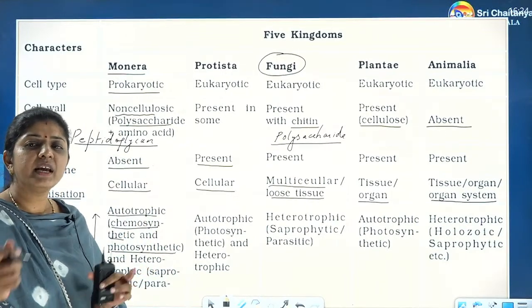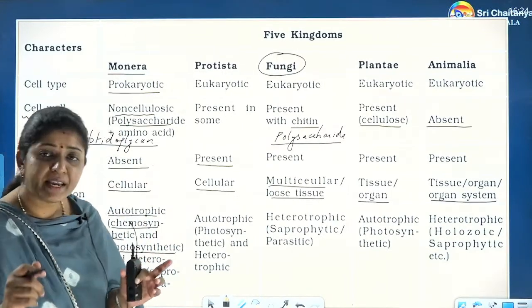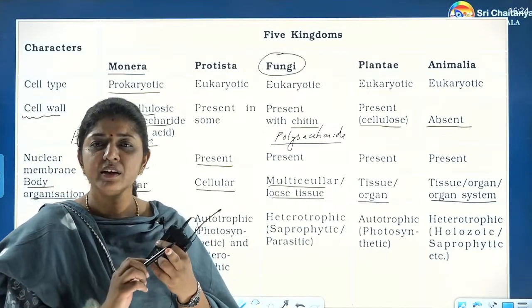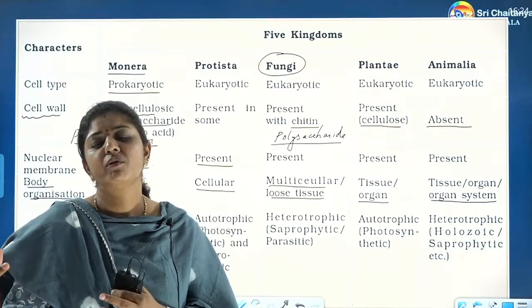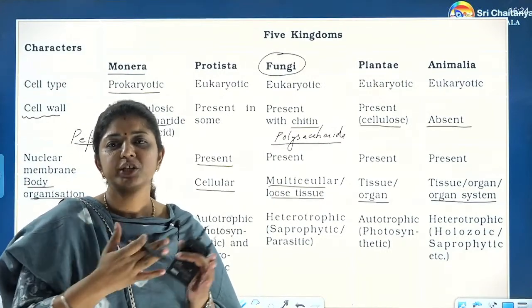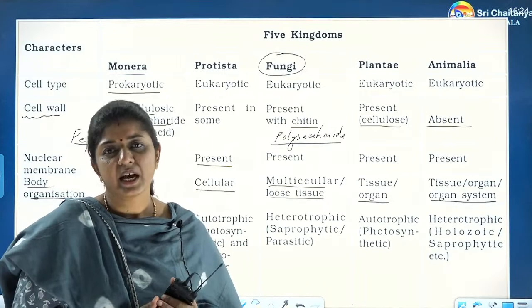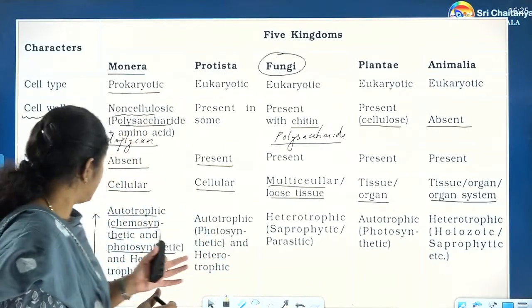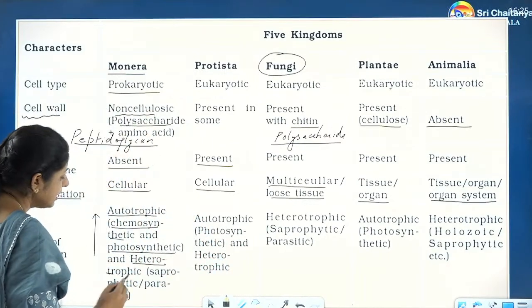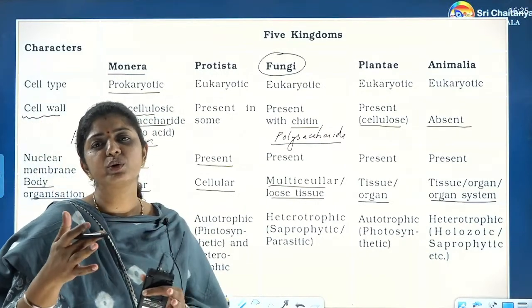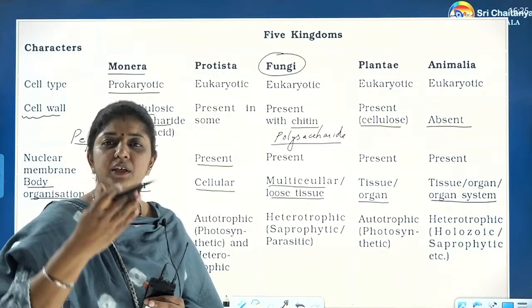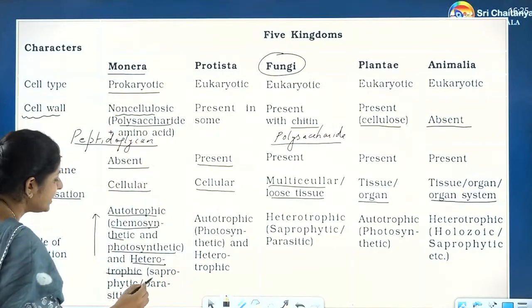Photosynthetic means with the help of light energy. Means they can produce the food, number one, with the help of chemical energy, or with the help of the energy of the sun. Based on that, different examples are there in kingdom Monera. Then heterotrophic means they depend upon others for their food, but they have different modes to get their food from others, right? Saprophytic means